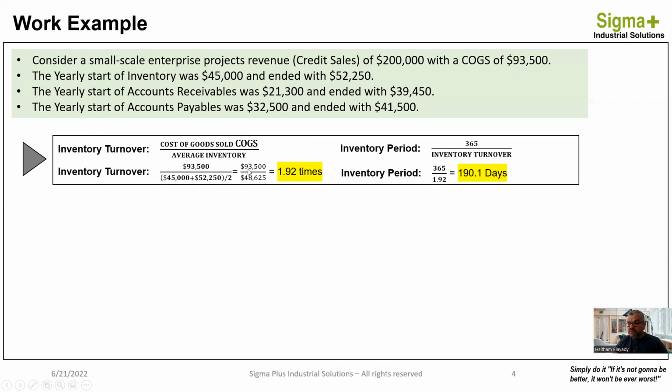So by dividing the cost of goods sold, the 93,500, over the 48,625, it will give me the inventory turnover of 1.9 times, which means that the inventory turnover is 2 times per year. Each 6 months,